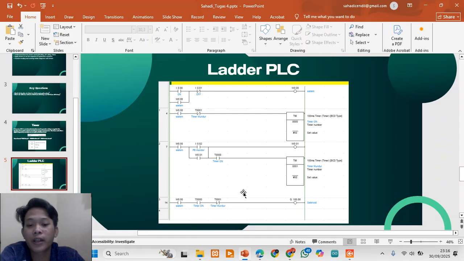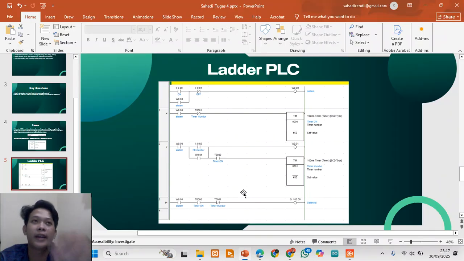The conditions are: system on, reverse switch activated, and forward timer finished.